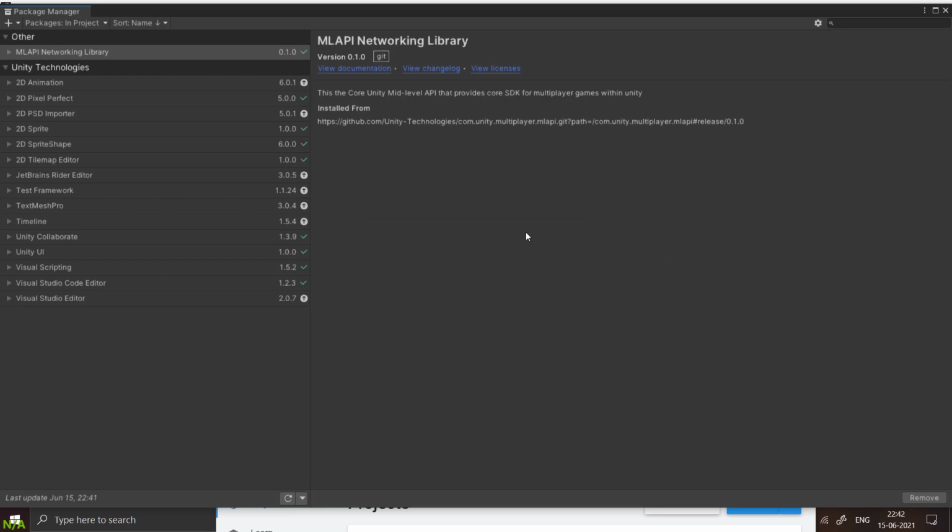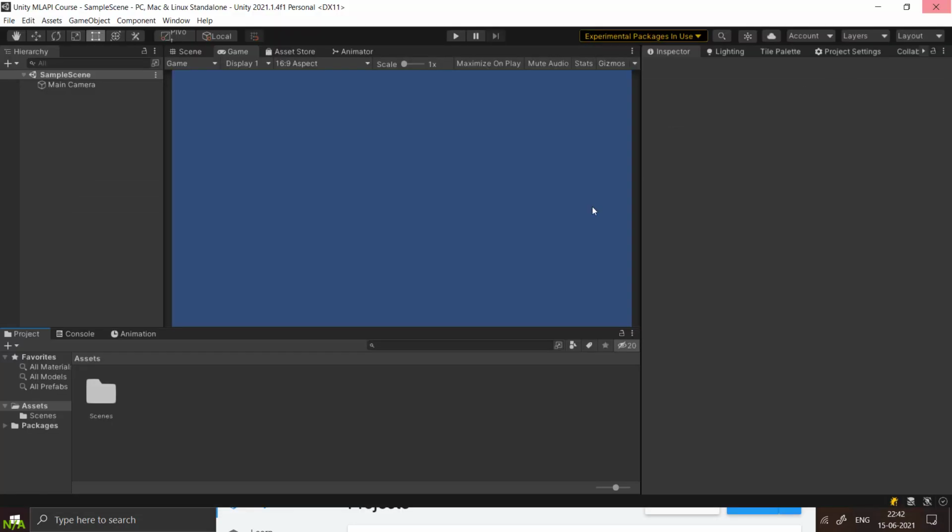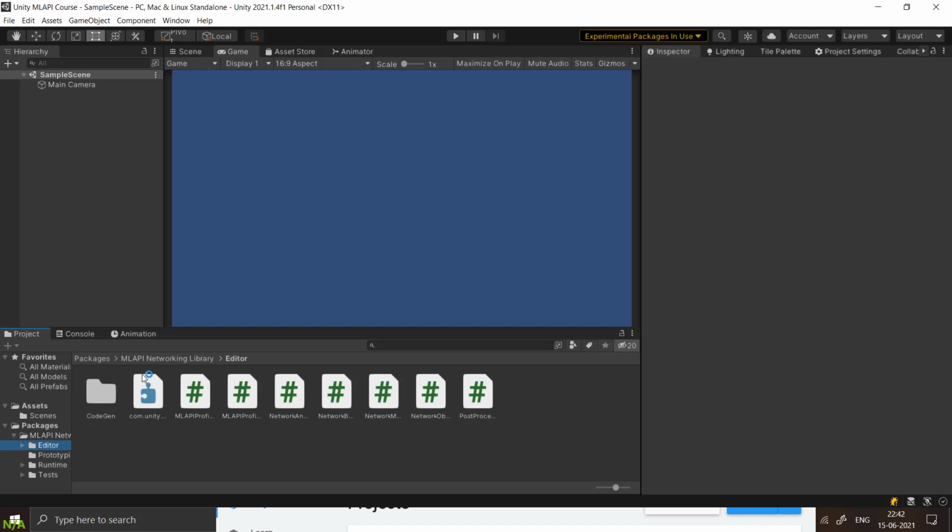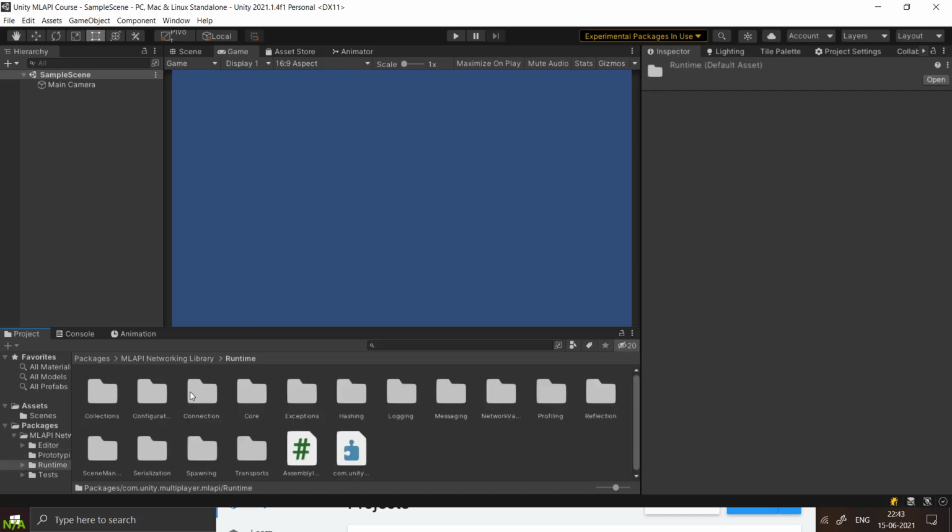Okay, so as you can see, the ML API library is imported now. So let's close it. We should have in Packages the ML API network. There should be examples somewhere in here. If you want, we can locate them. So Editor, Runtime.